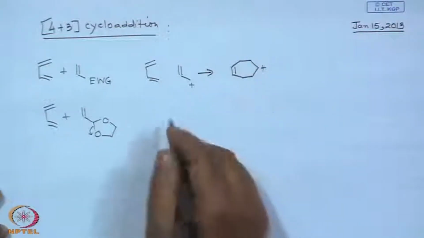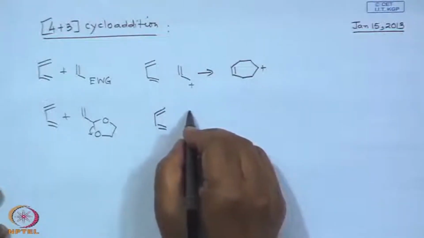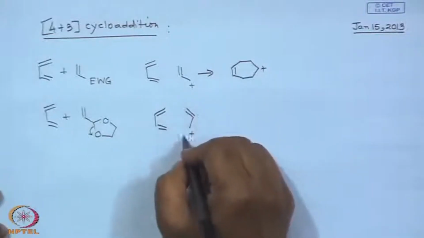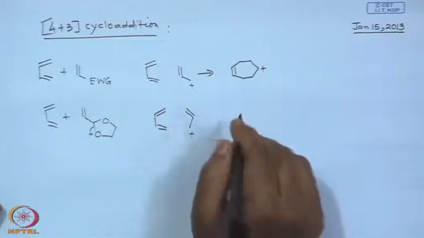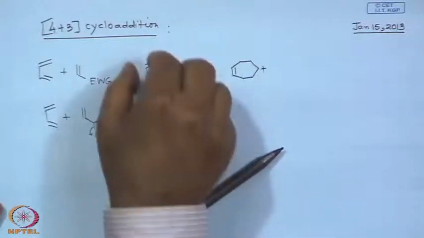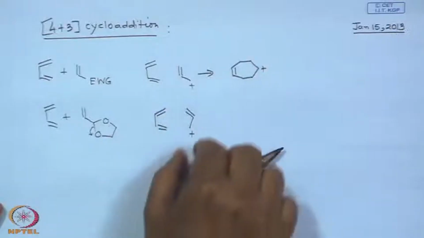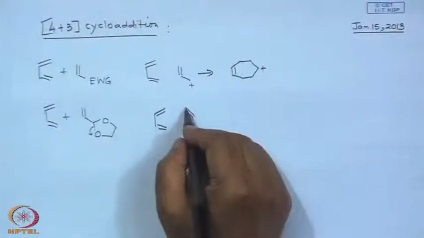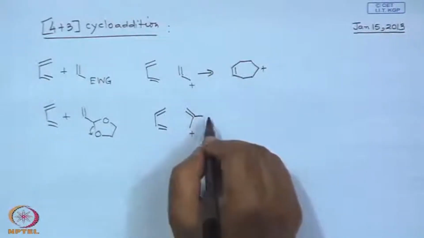There is one more kind of reaction, which I think is more popular. Suppose you have something like this, then a carbocation here, this allylic carbocation actually has to be stabilized by the choice of different substituents. This is very important. On the left hand side, the diene part, we do not have much options, but as we proceed along the class, we will see that most often these reactions are tuned by placing different substituents here and there, and most often it is heteroatoms, and the commonest one is oxygen here,